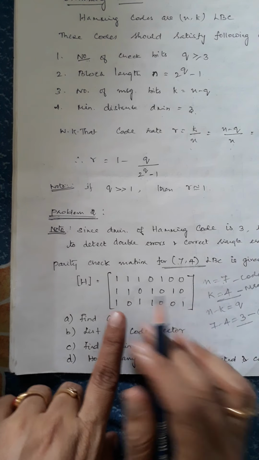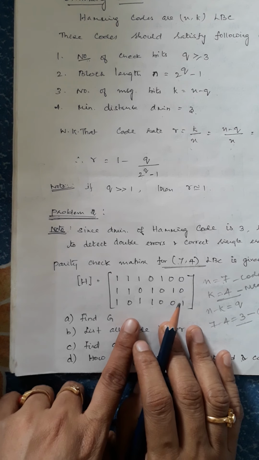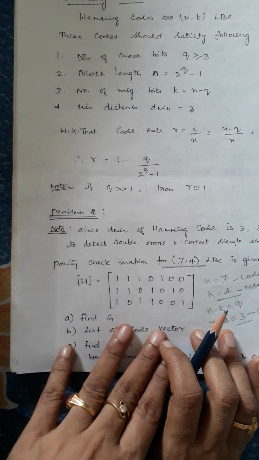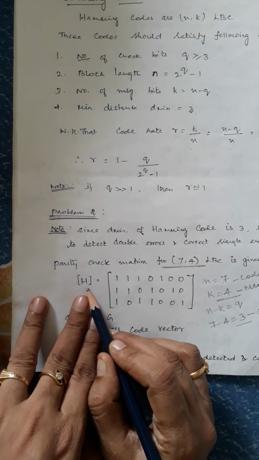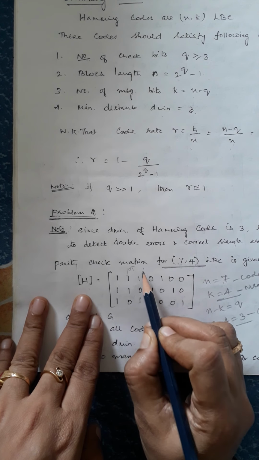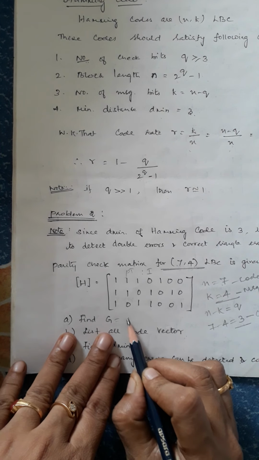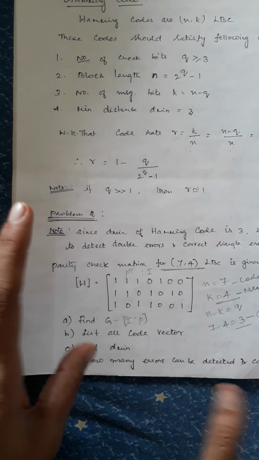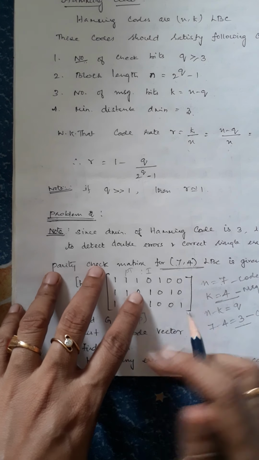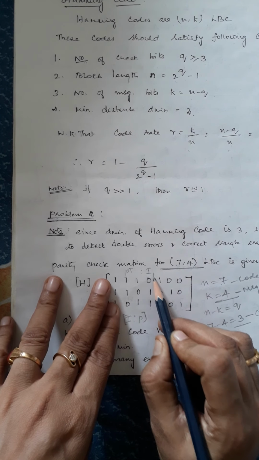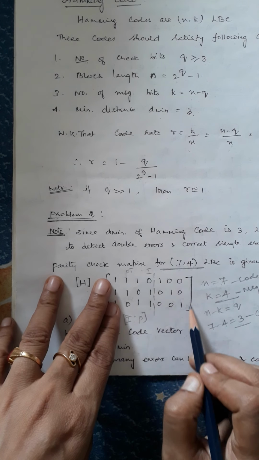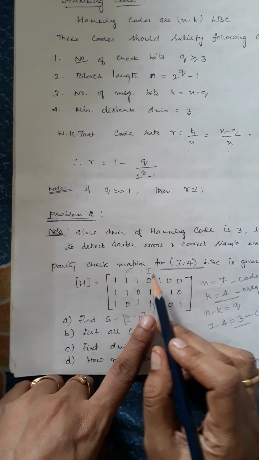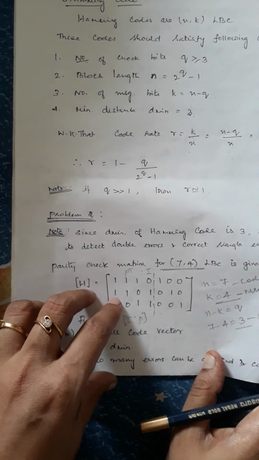Whenever a matrix is given, first you check what type of matrix it is, whether it is a parity check matrix or a generator matrix. How you check is, your parity check matrix is P transpose appended with I, and the generator matrix is I appended with P. You should make this very clear before solving a problem. Okay. So this will help you in identifying where the identity matrix comes in. The diagonal elements are 1 over here, so this is the identity matrix. So automatically this will be P transpose.